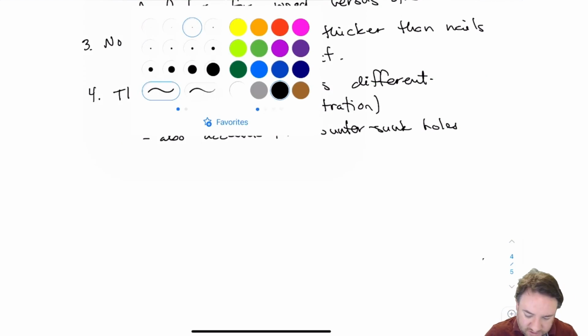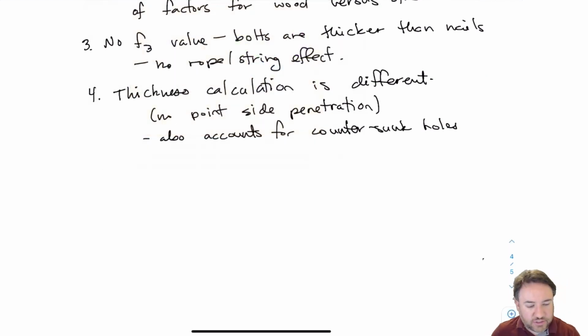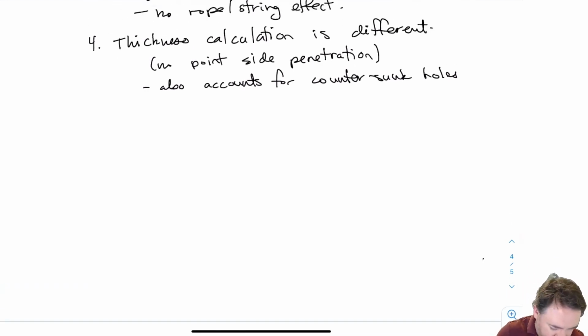Okay, so the other difference is that the thickness calculations are different for bolted connections. First of all, there's no minimum thickness requirements like there are in nails. Like there's no requirement for a certain penetration depth for a nail into a piece of wood. And that's because the bolt goes all the way through the pieces of wood and then is connected on the outside. So there's no worry about it pulling out prematurely because it has a nut and a washer. But it's the same for dowels, actually. Even those that don't have nuts don't have those requirements. And also the calculation of the thickness is quite straightforward. For example,